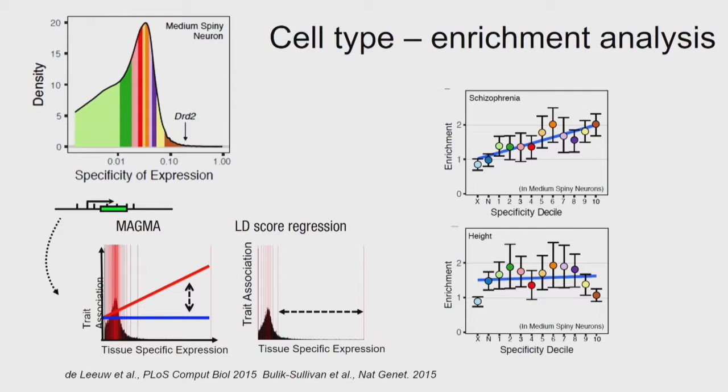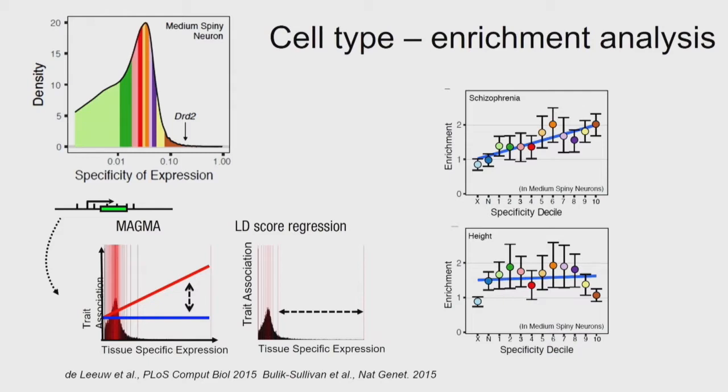So to do this analysis, we had to come up with a way to merge GWAS data with single-cell data. So for the single-cell data, we created these kind of specificity of expression graphs for each cell type. This here is a medium spiny neuron of the striatum, and what you can see here is the density of genes, and then the specificity of expression of those genes in the cell types. So in green here and maybe in pink, you have the genes that you need to be a cell. This is nuclei, membrane, whatever, you know, the stuff that every cell has.